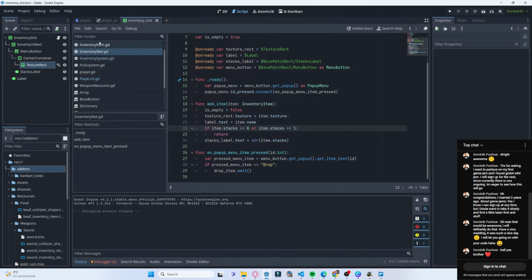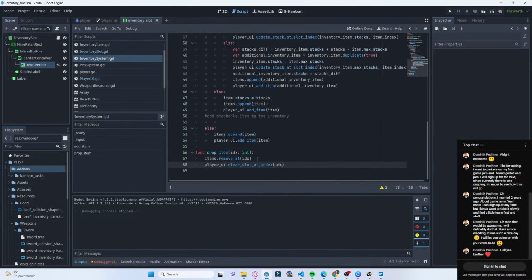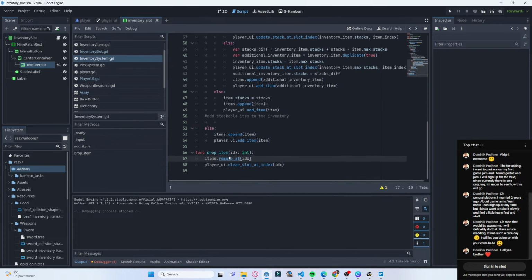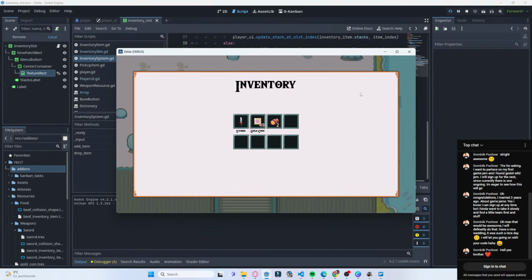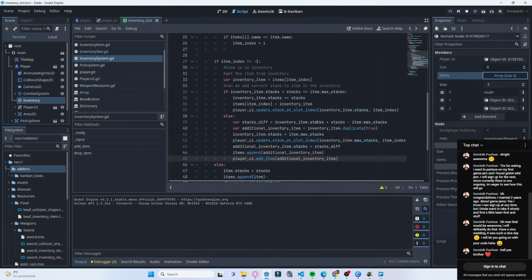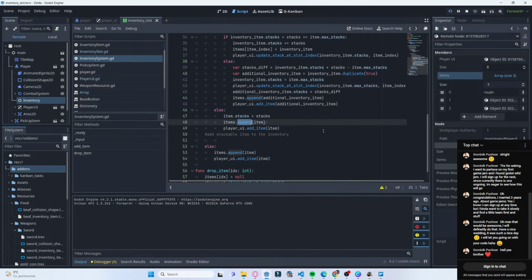It is, because in inventory system I'm just going to remove at, because instead I should say item on IDX. I don't really want to remove it. Or maybe I will have to create a special inventory type stating that it's okay. This is null. Okay, and this will now append